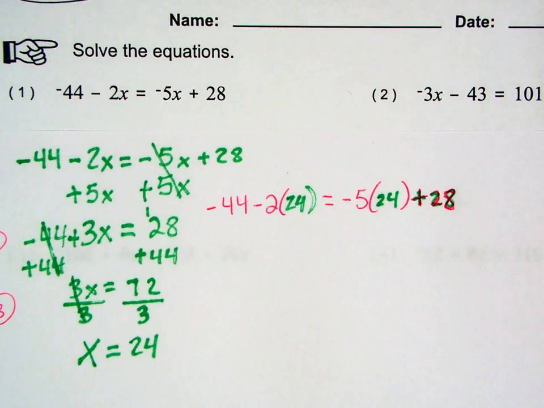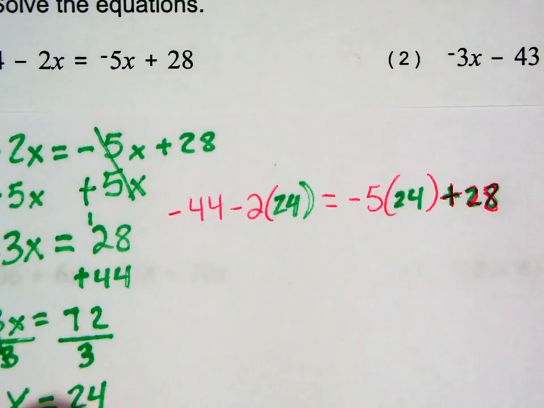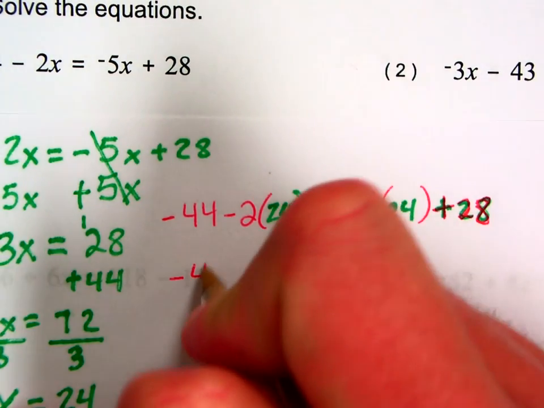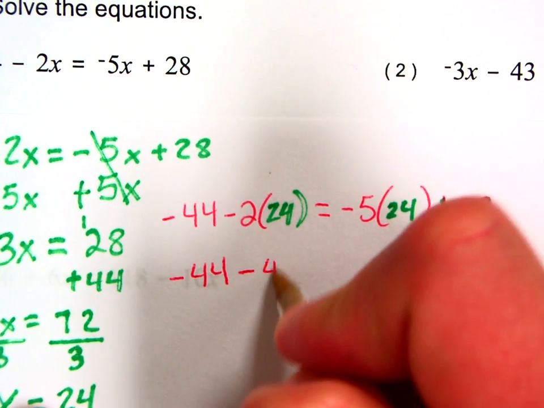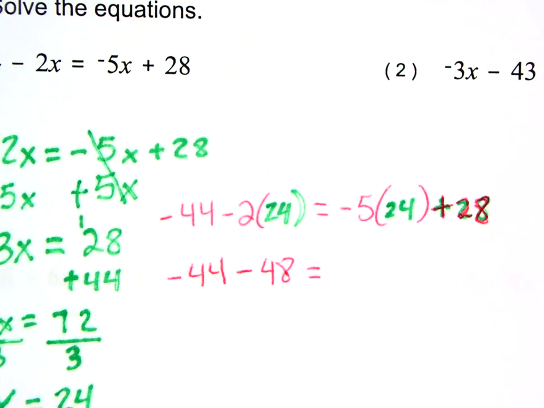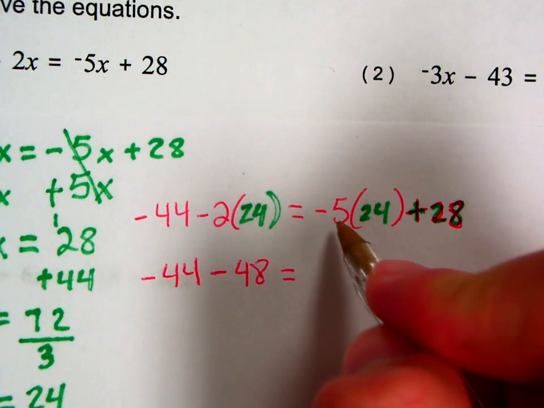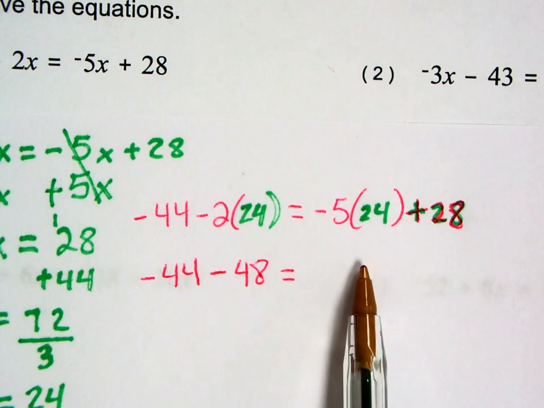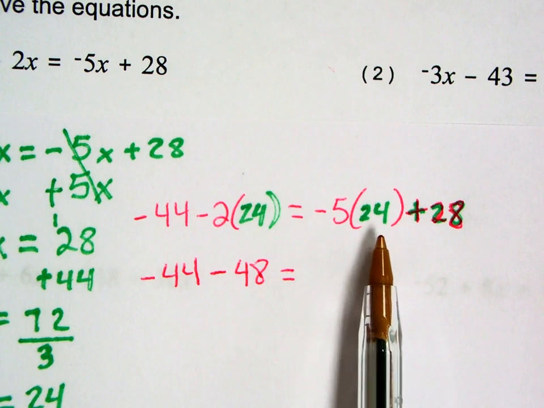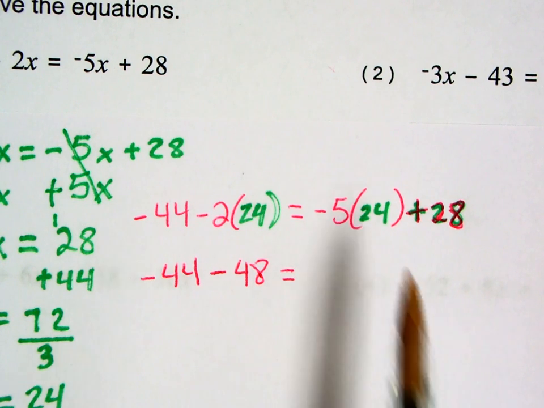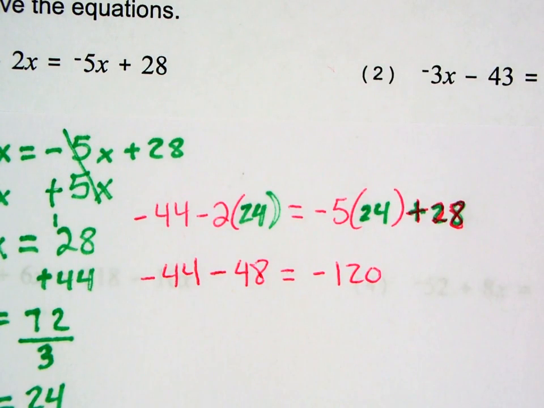All right, so let's think about this. We've got negative 2 times 24. I think I can do that math in my head. Negative 2 times 24, bring my negative 44 down here. Negative 2 times 24 is going to be negative 48. Here we're going to have, let's see, negative 5 times 20 would be negative 100, but this is negative 5 times 24, which is 4 more, so 4 times negative 5 would be another negative 20, so this is going to be negative 120 plus